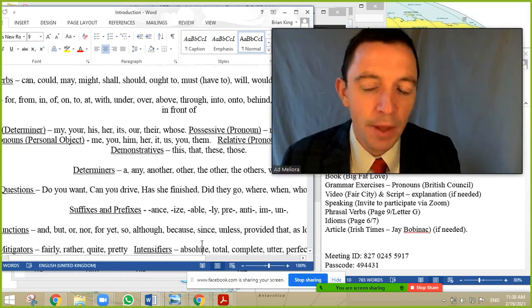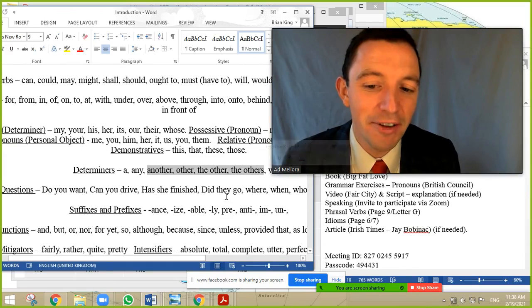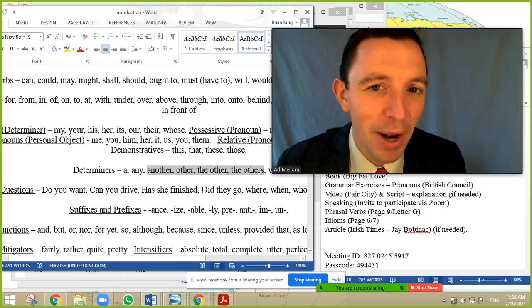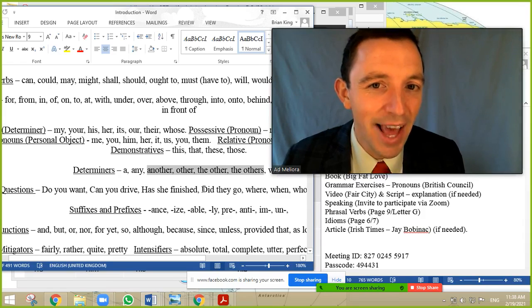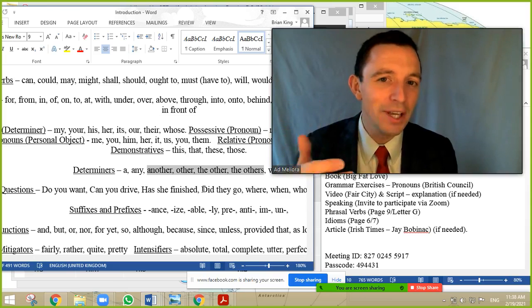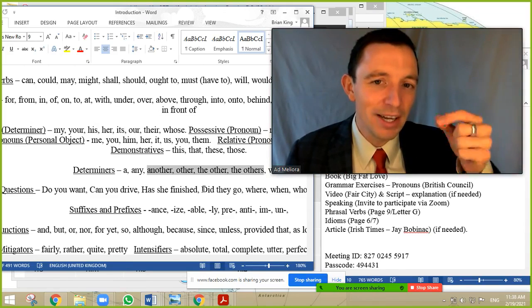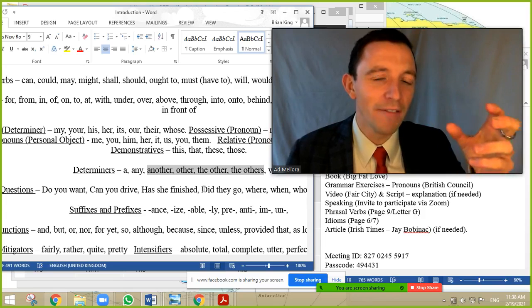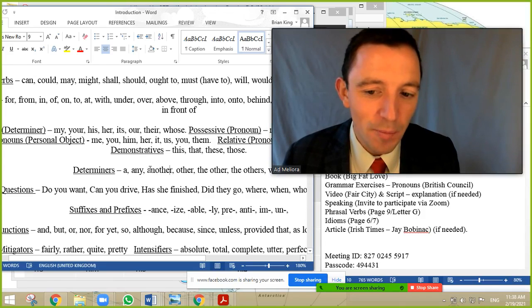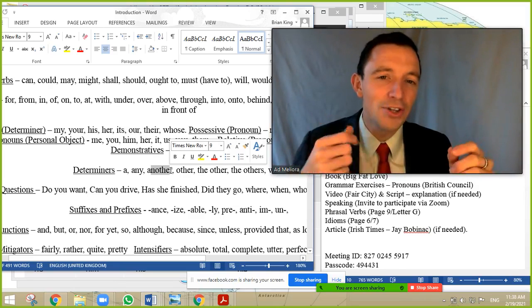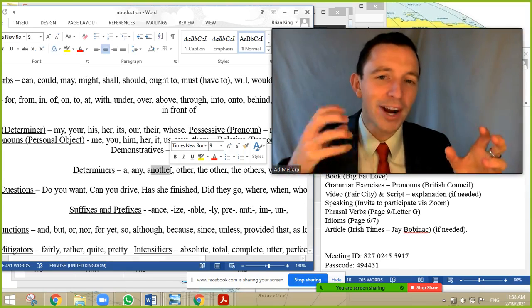Okay, and again every day I explain the importance of another, other, the other and the others, and the reason I explain the importance is because I have heard so many times the confusion and the error, and it is an important simple area to focus on. Okay, so for example, another is usually singular substantive. Another day, another dog, another person, another house.